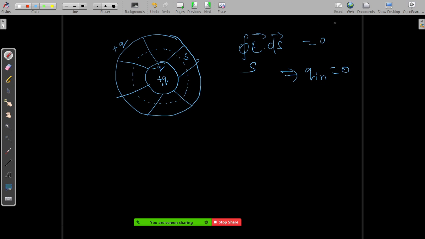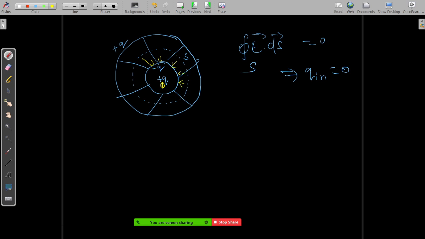This plus Q at the middle is an external charge. Someone has placed it purposefully, so it has come from somewhere else. The metal is not having any charge now, so some electrons from the metal have come and accumulated on this inner surface, to make the net charge zero.